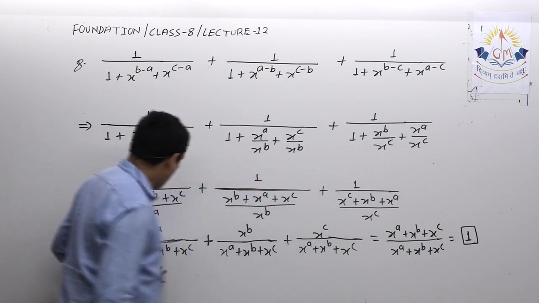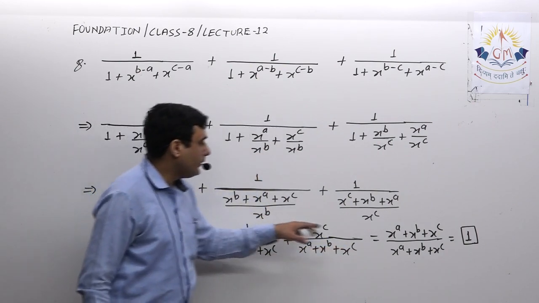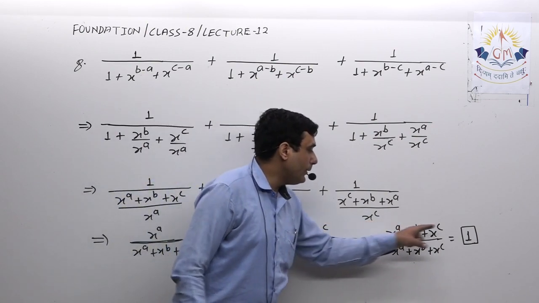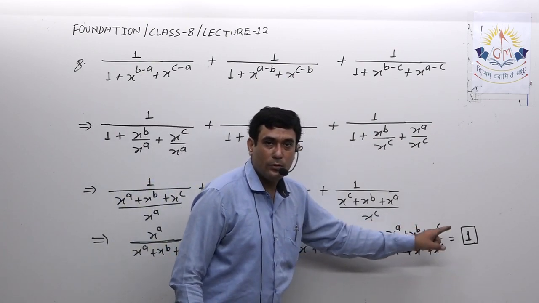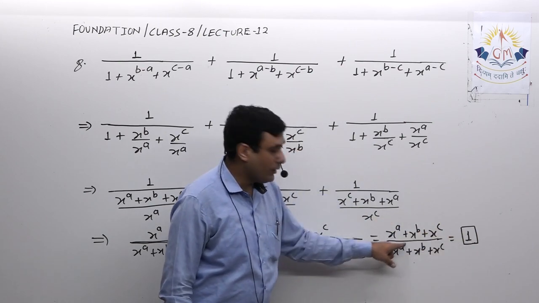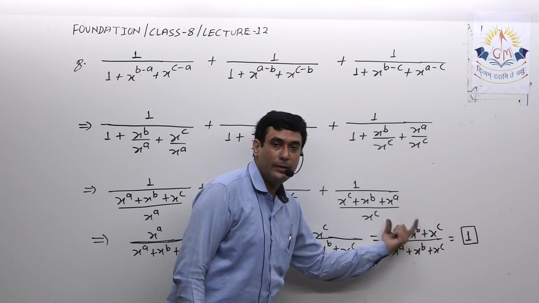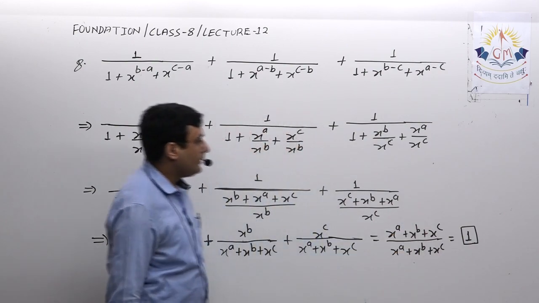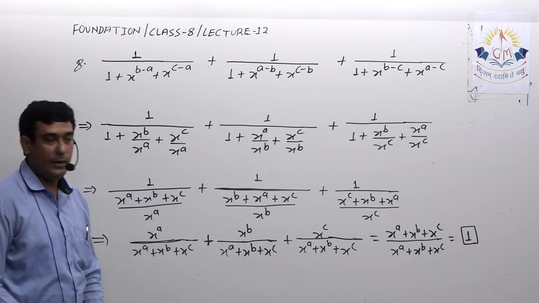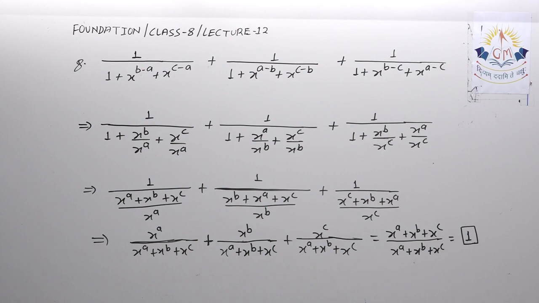Okay, again I'm explaining here denominators are same, so numerator simply I'll add the numerators. Now here you can see numerator and denominator are equal, so we'll cancel them, so we'll get 1. It is not that I'm cancelling x raised to a with this; the whole denominator is being cancelled with this complete numerator. So ultimately my final answer is 1. So please note it down, then we'll see the next question.